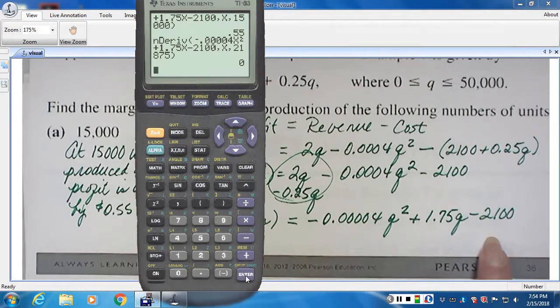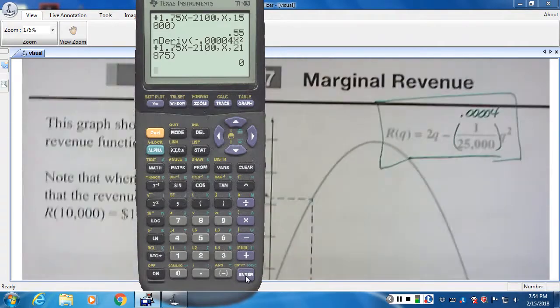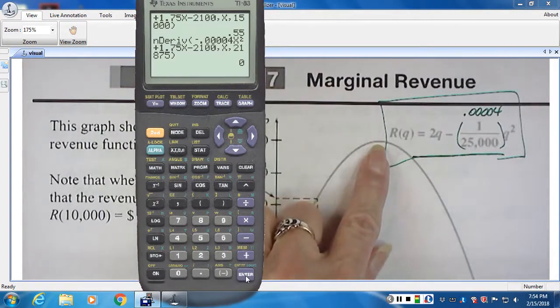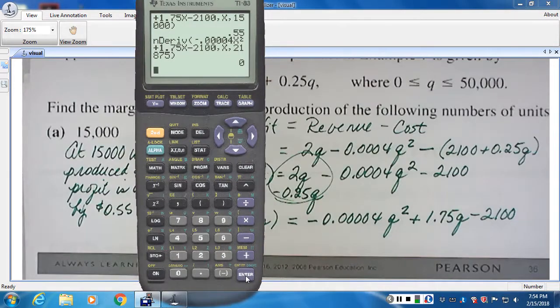What kind of graph does that equation make? What does this tell you that equation looks like? It's a parabola. What does this tell you about the way that parabola opens? It opens down. Remember when I pointed to that graph a second ago and said at some point your revenue is going to slow down? Well, when your revenue slows down, sooner or later your profit's going to die. So what this means is my profit at those units